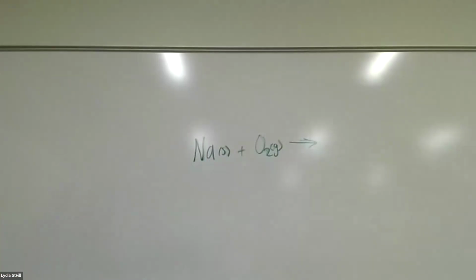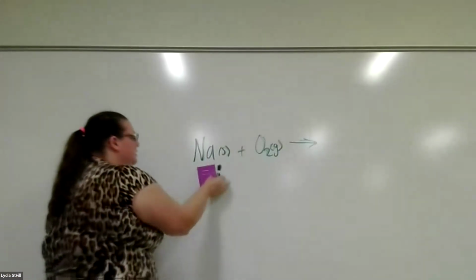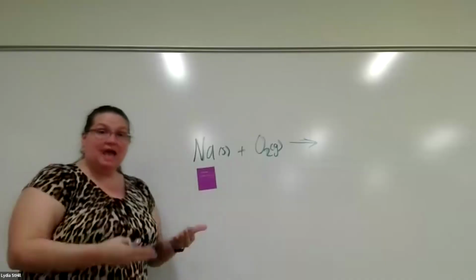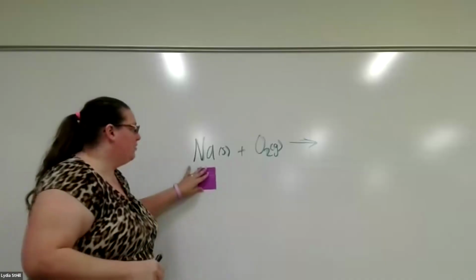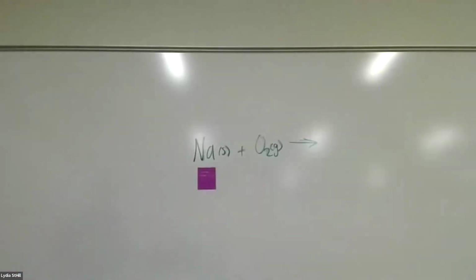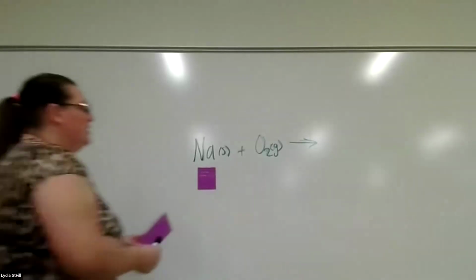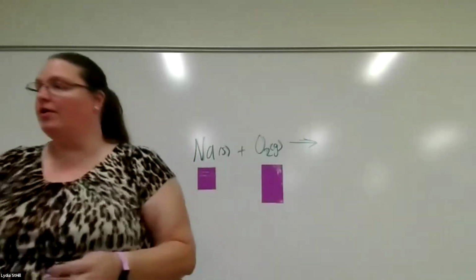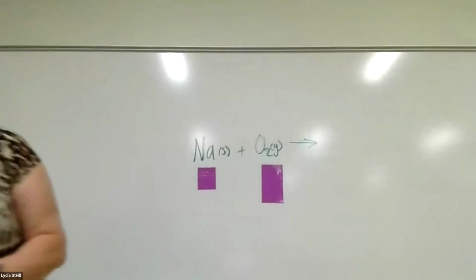We're going to look at the fact that we've got plain solid sodium. Now, what I have here is a card, and basically nothing has happened to it. And we're going to be bonding it with 2 oxygens over here. Now, if you look at the periodic table, you're going to find that sodium,